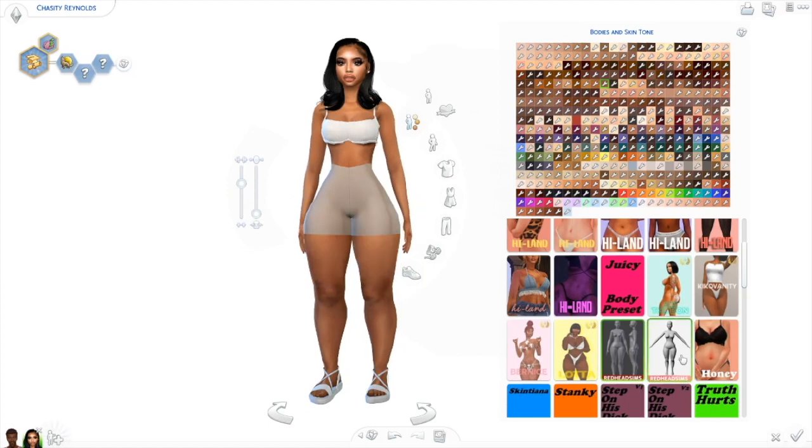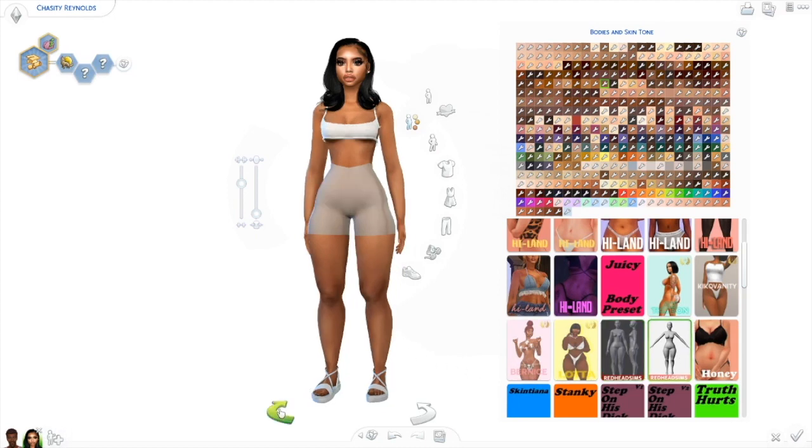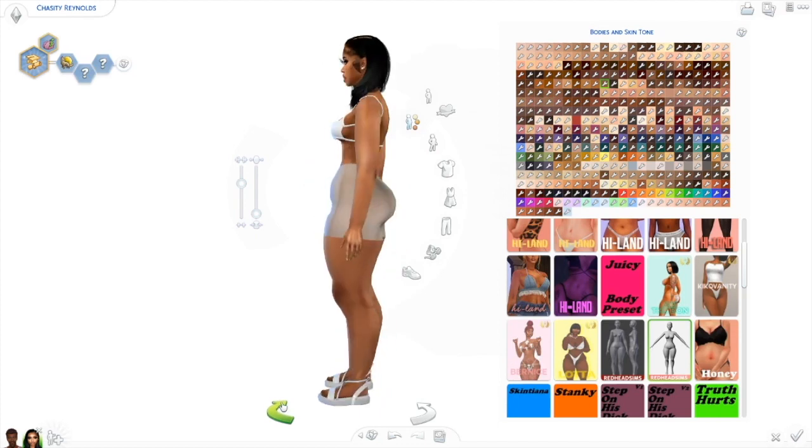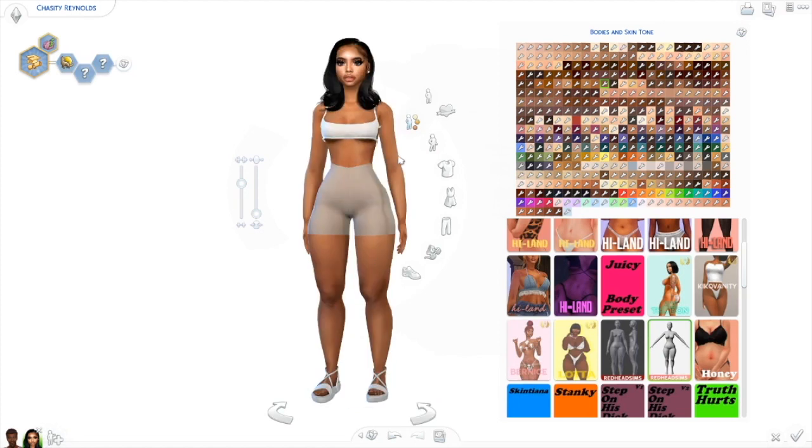Don't remember what this preset is called by Redhead Sims, but it's also more of a lower body thick, upper half not so thick type of preset. Again, I don't really use it, but I downloaded it. But if you want your Sims to all have different types of bodies and have your worlds more diverse as far as body types,